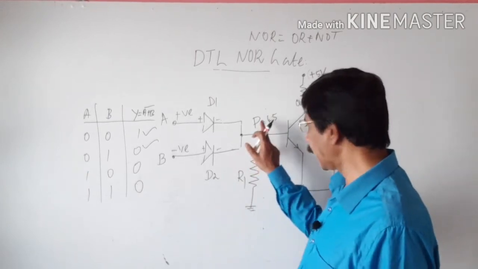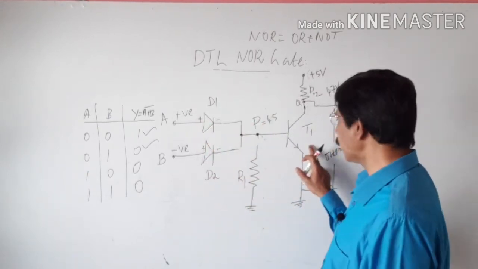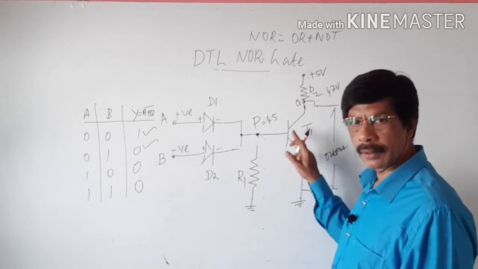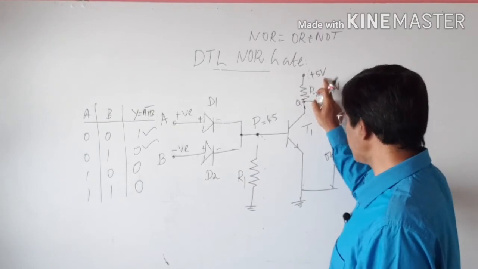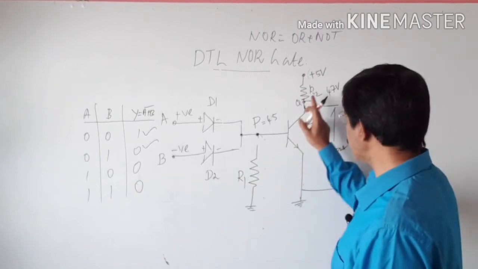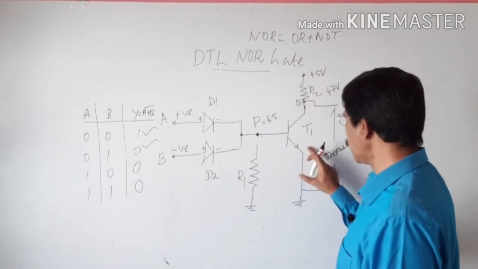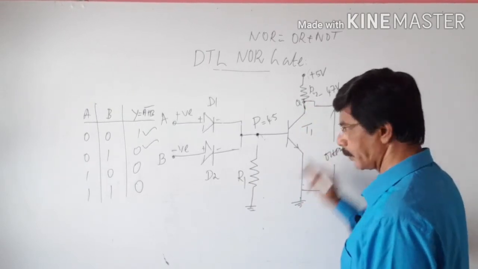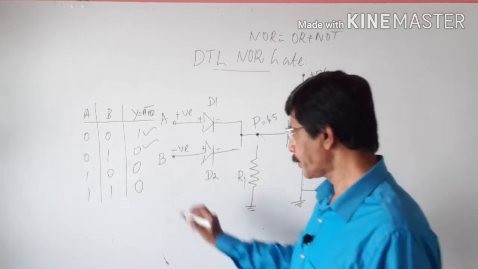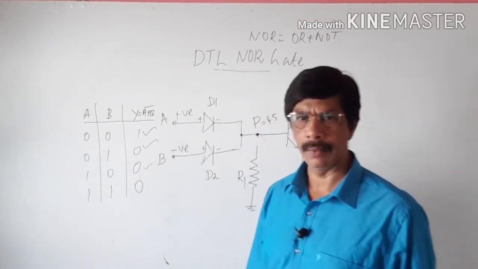That voltage again switches on the transistor T1; it is switched on and acting as a closed circuit. The applied plus 5 volt is grounded now through the resistor R2 and the transistor, and the voltage across the point Q with respect to ground is equal to 0 volt. That shows the third line of the truth table.